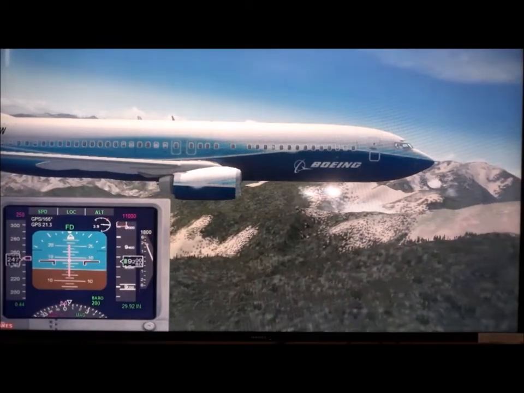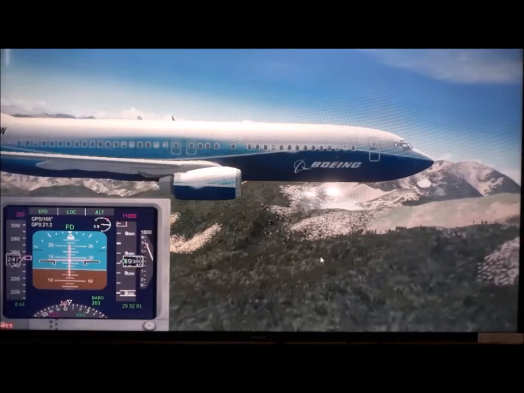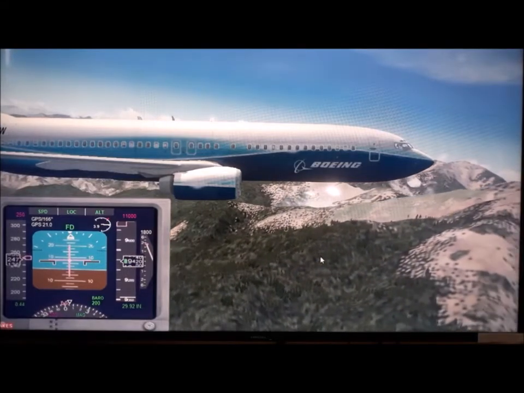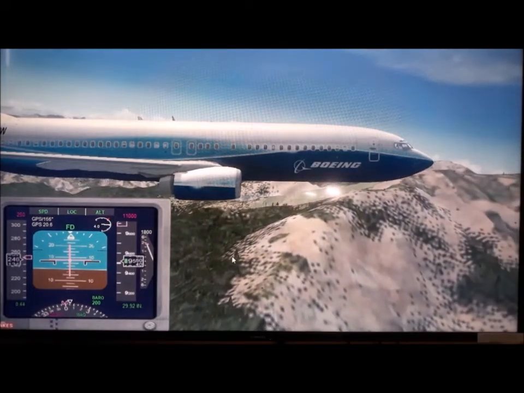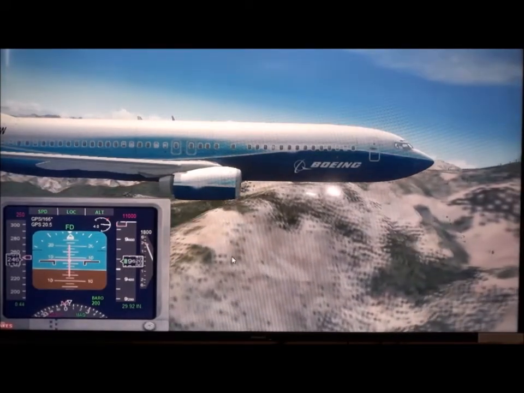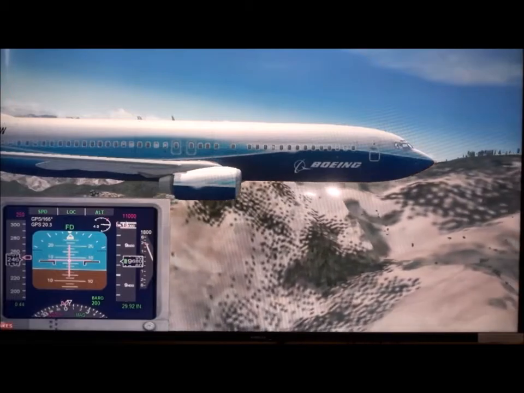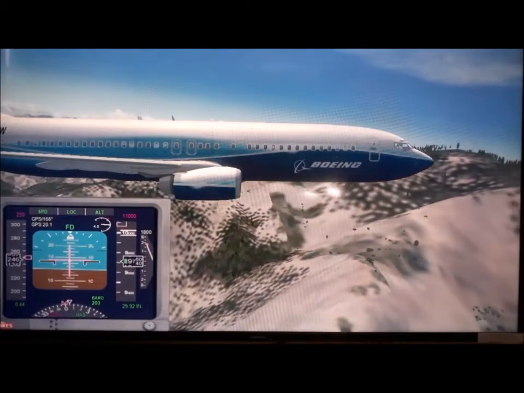It's only about 1,000 feet clearance at the moment. Now it is almost cracked that. I should have kept it a little higher.